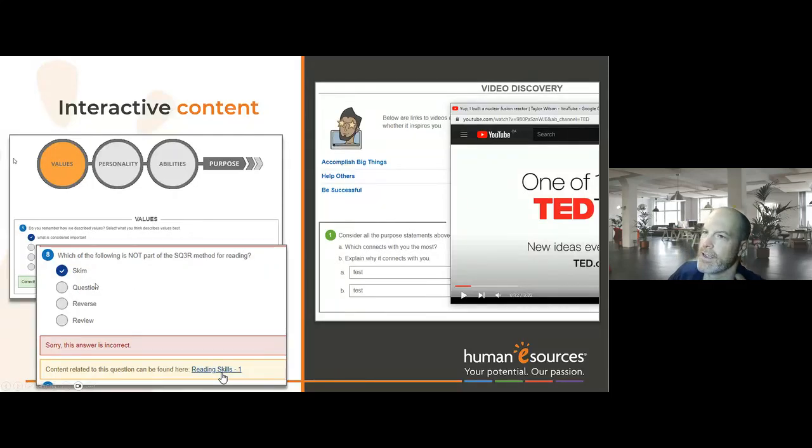It has these okay-to-fail type questions that aren't for grades, but they get immediate feedback, as well as links to a sort of remediation, like, oh, if I didn't get this right, where can I learn more about this so that on the actual quiz, I can get this question right? That's this reading skills link you see down at the bottom. So it is one example of a type of content that you can integrate with an LMS for your FYE course.